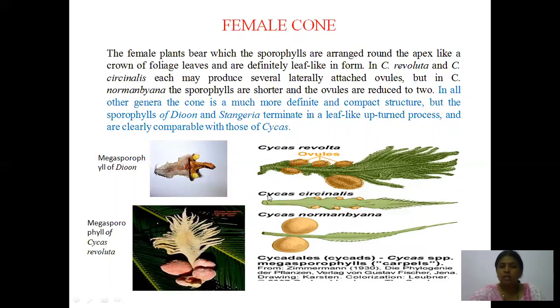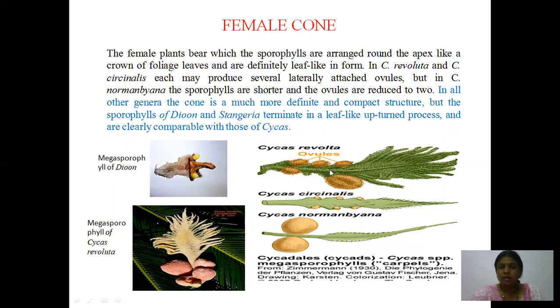In all other genera, the cone is a much more definite and compact structure, but the sporophylls of Dioon, this is Dioon, and